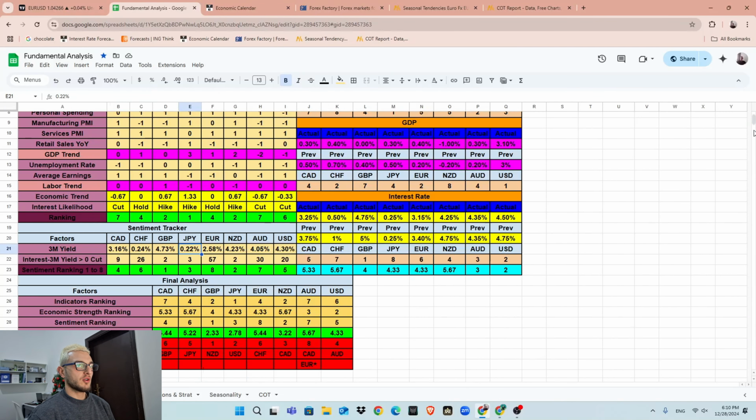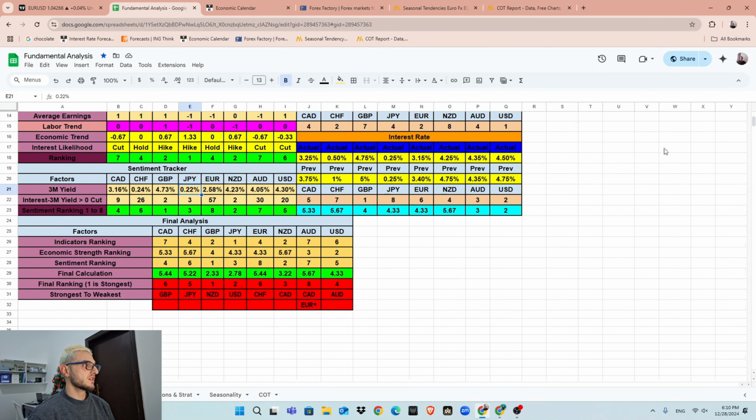Based on these data changes, we got the final economic indicators analysis, so final fundamental and some of the sentiment analysis, showing that the Japanese yen got stronger and the